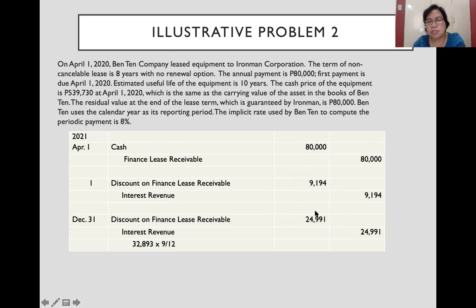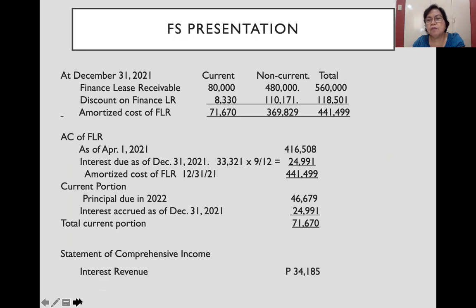And on December 31, 2021, reduced further by 24,991. Therefore, remaining balance of discount on finance lease receivable is 118,501. So the amortized cost of finance lease receivable, which you may call net investment in lease, is